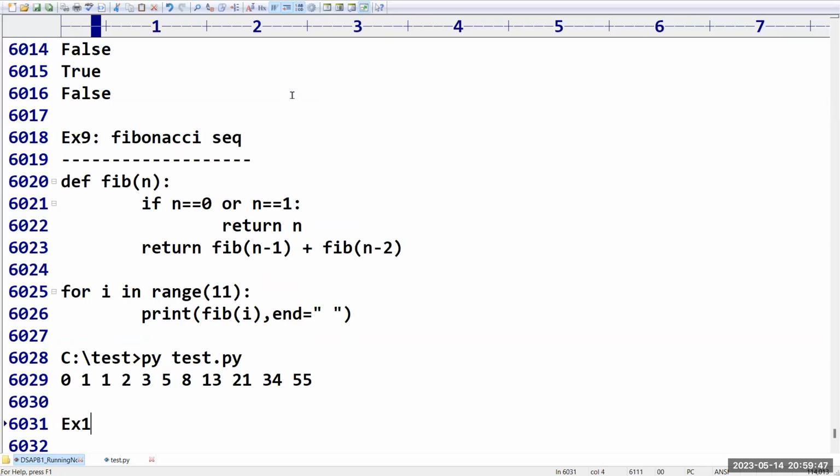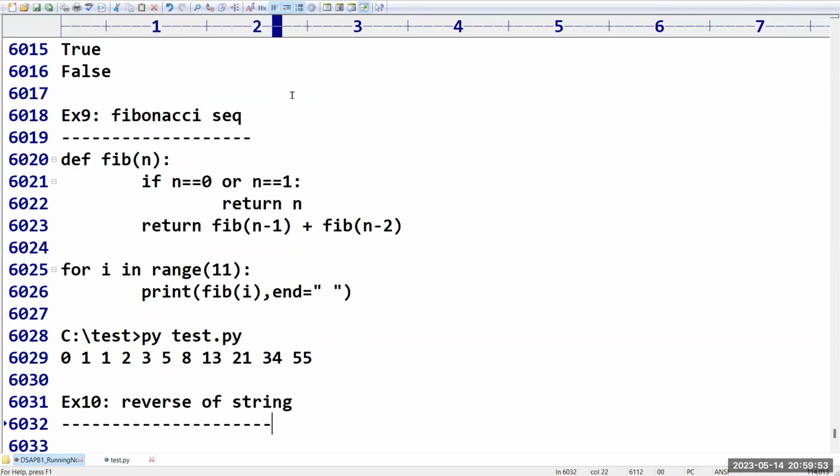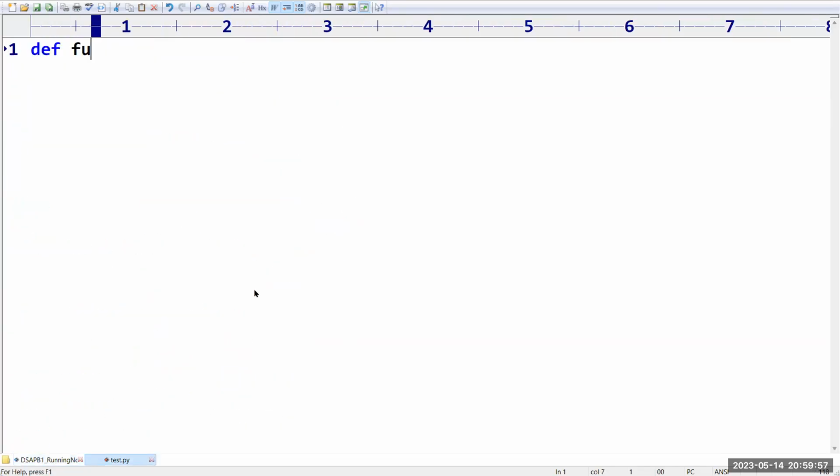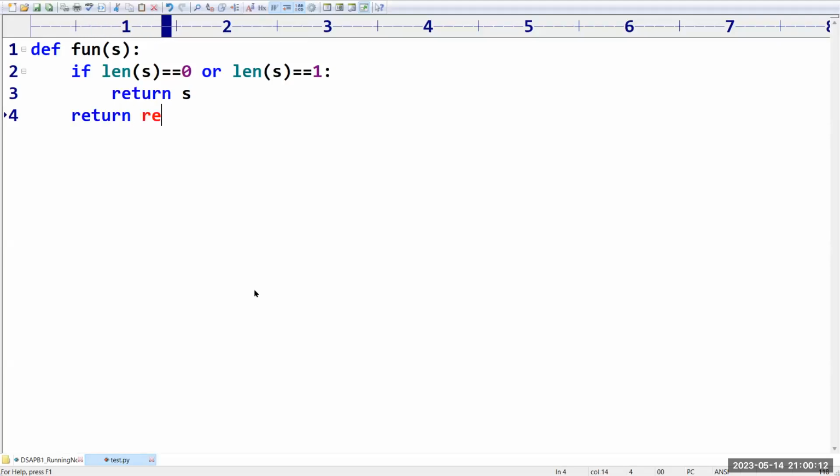Okay. Next example, I want to calculate the reverse of a string. Sir, I am giving a number or any string, and I need to calculate the reverse. How can you do it? I am defining a function that takes a string. If the length of the string is equal to 0 or the length of the string is equal to 1, then I am going to return that string. Otherwise, I will return reverse of s[1:], the slice from 1 till the end,